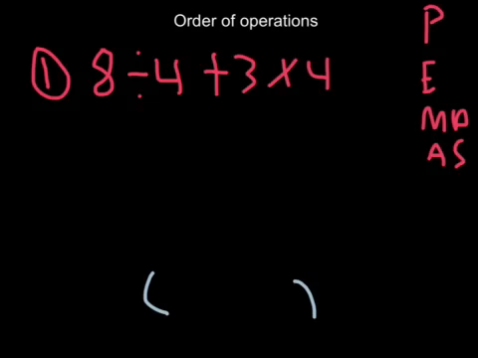The reason these two are on the same level is because you do whatever one comes first. In this problem, division comes first, so you're going to do division first. 8 divided by 4 is 2. Since you did 8 divided by 4, I would cross it off. So you end up with 2, and then you just write everything else that you didn't use down. So plus